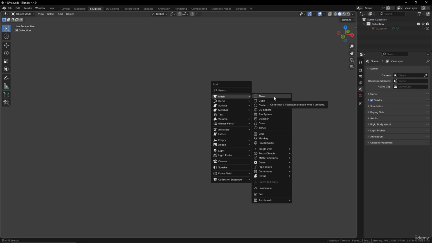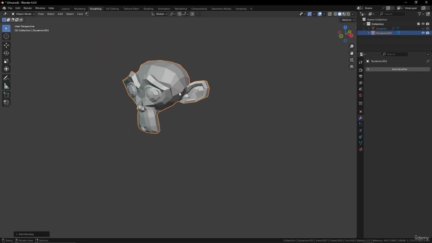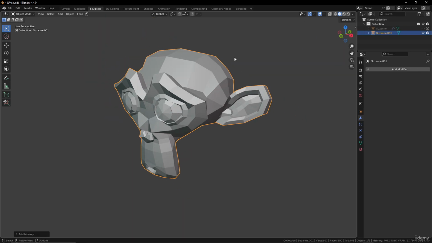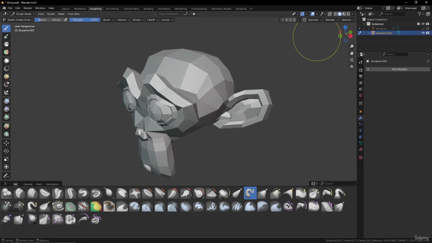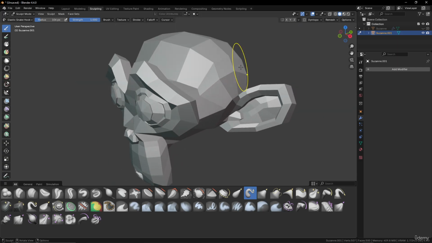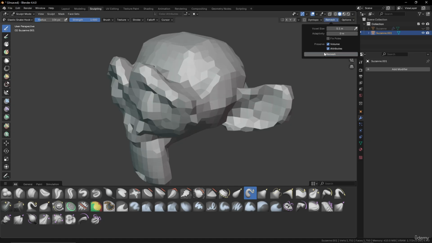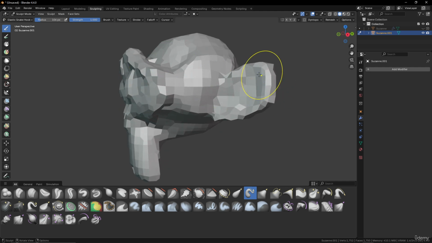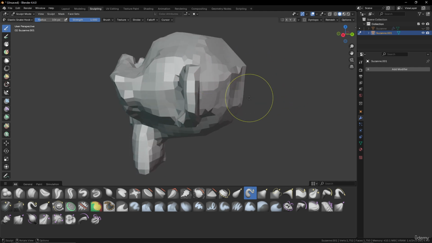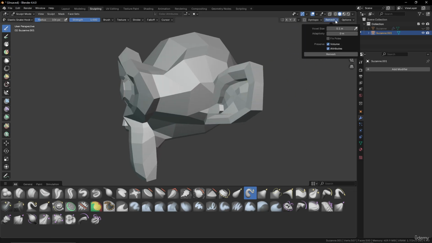So let's say, for example, you are with a tool like this. Let's come with a monkey again, and see one of the cons of this maybe. So we come back into sculpt mode directly here. And let's say you like this kind of shape and you want to add some details into it directly. You remesh everything. So remesh will give you a new shape and it will add geometry everywhere into the mesh. You have the level of details here that